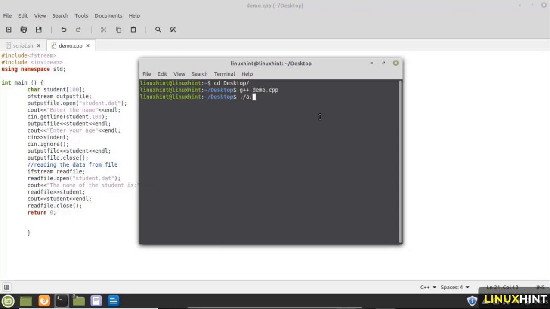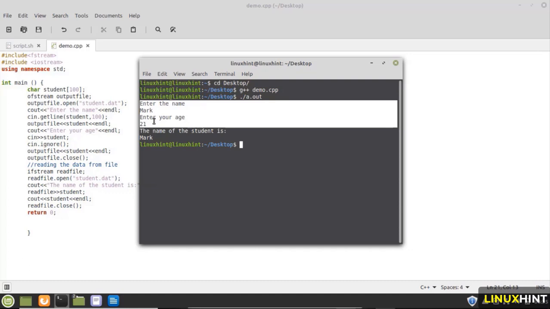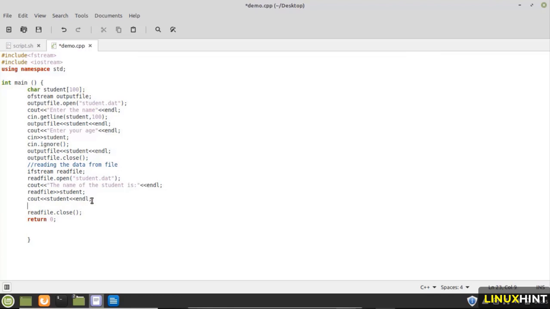Now run the a.out file, enter the name, that is Mark, and the age is 21. So the name of the student is Mark. So first of all, here it is writing the data into the file, and here it is reading the data from the file. And similarly, if you want to print the age of the student here, so again write here